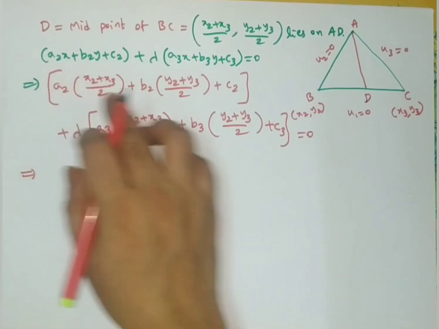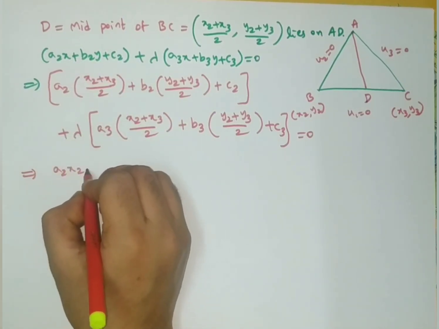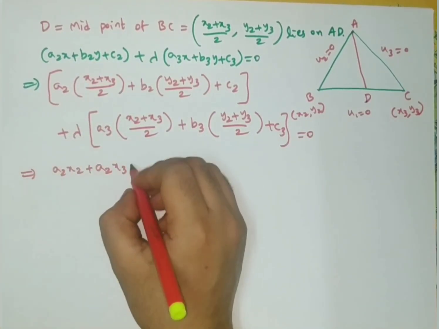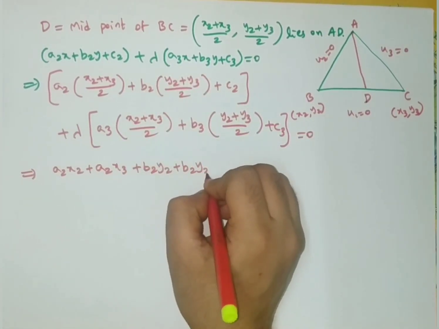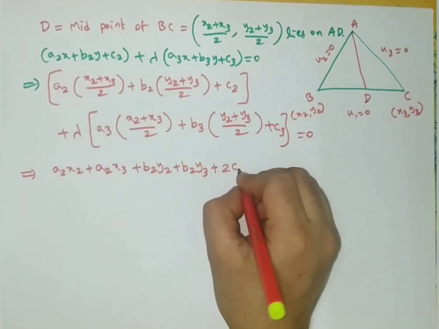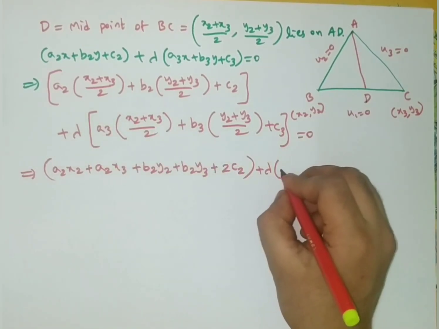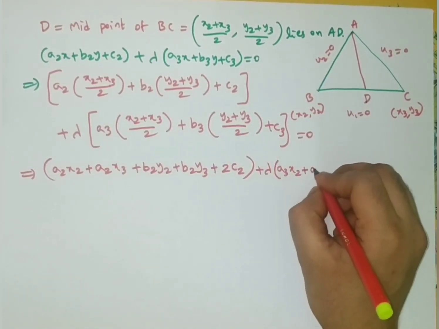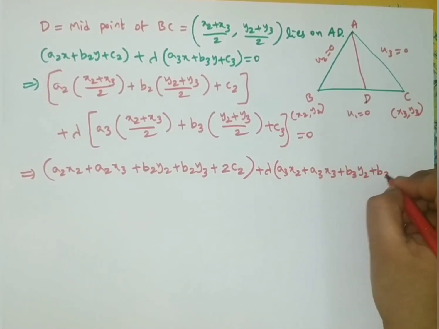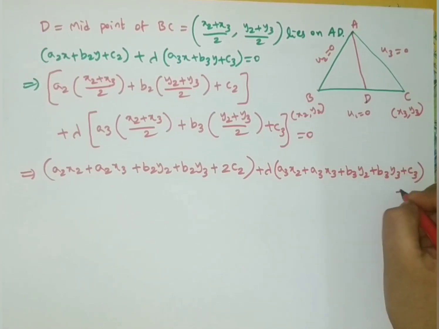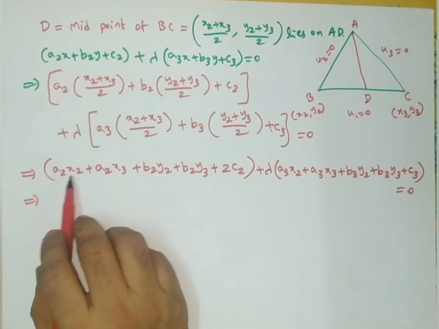a2 x2, we are taking LCM 2 here, here also LCM taking 2, a2 x2 plus a2 x3 plus b2 y2 plus b2 y3 plus 2c2 plus lambda into a3 x2 plus a3 x3 plus b3 y2 plus b3 y3 plus c3 is equal to 0. That implies, now write down a2 x2